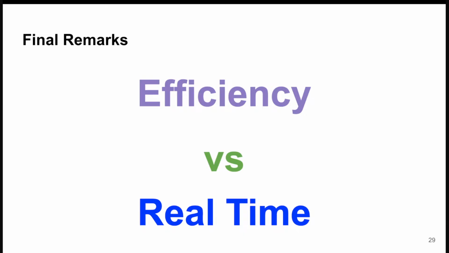So the whole idea here is that we need efficient algorithms. We prefer efficient algorithms to be run in real time because when we run algorithms in real time, we have an execution time bound. So it's not a hard requirement that an algorithm must be efficient in order to run in real time. But if we are talking about running algorithms in real time for audio processing, we usually want to keep the latency short. We need to run them in small block sizes. So we prefer having efficient algorithms so that we can respect the deadlines of latency and jitter that we impose in the system when we run them in real time.